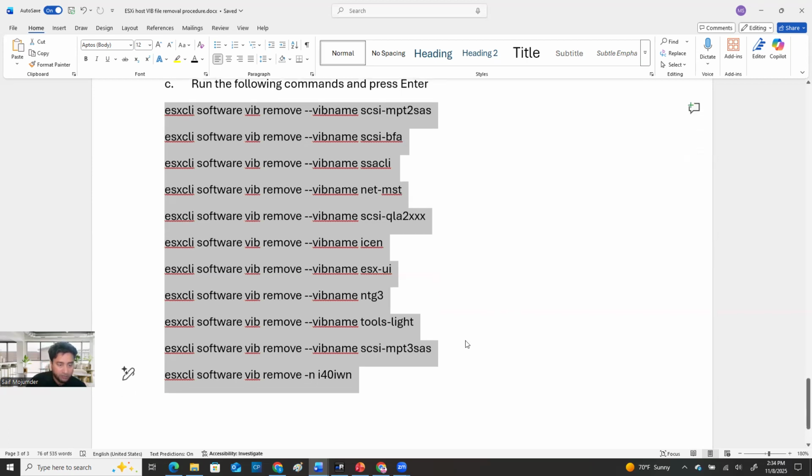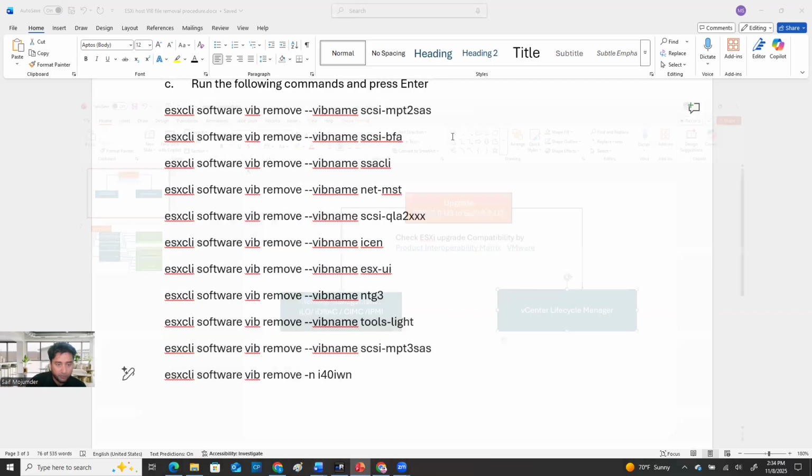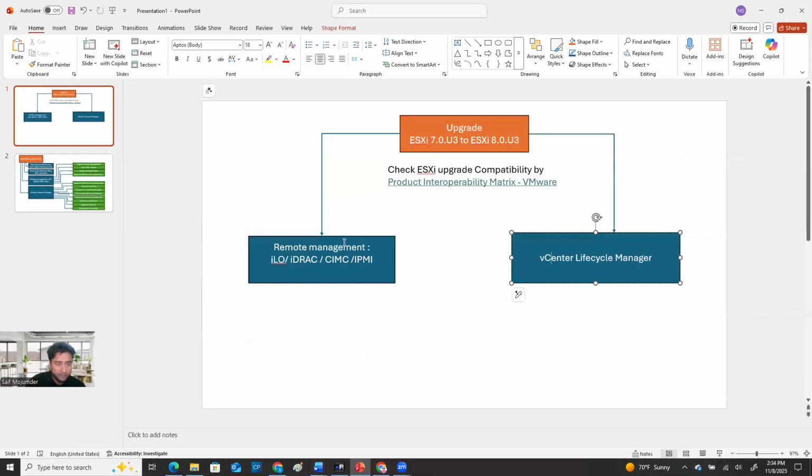So it's not going to harm you. And also, we are following this process. Any process, whether you go with the remote management, which is iLO, iDRAC, or CIMC, the IPMI upgrade process, or the vCenter Lifecycle Manager process, before any one of these processes, your host should be in maintenance mode,